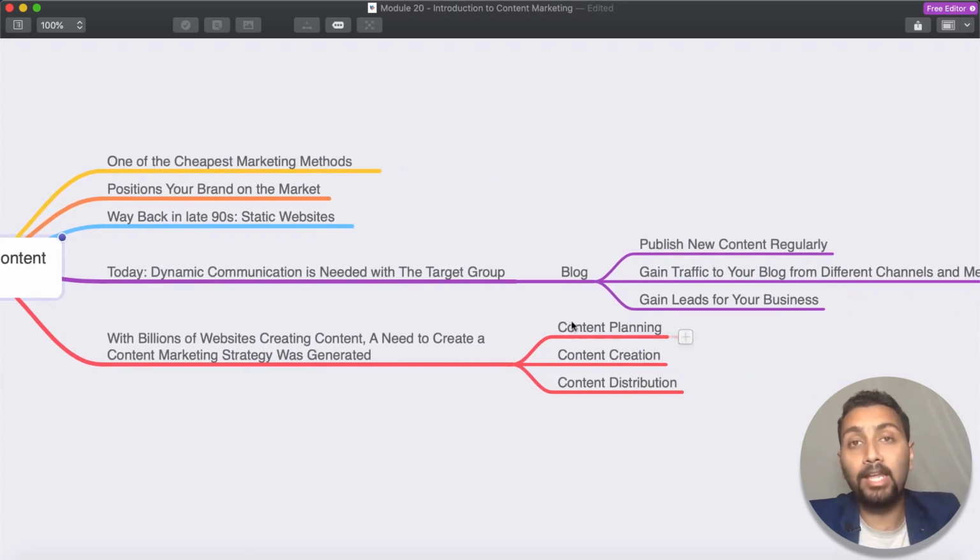And after all that planning, you have to go ahead and create content to solve those problems for people in such a manner that the problem is solved by using your products and services. Okay, so we are going to talk about that. And then, not just creating content, we have to actually distribute the content as well.